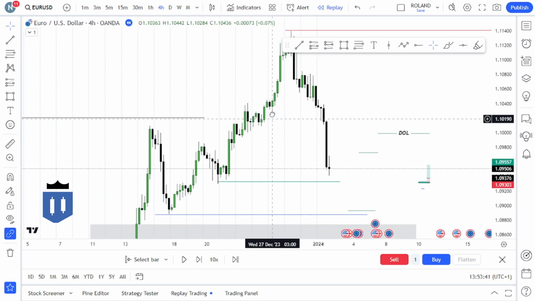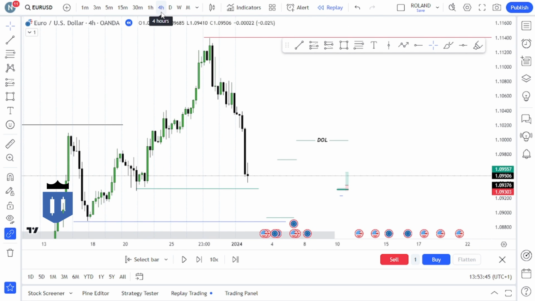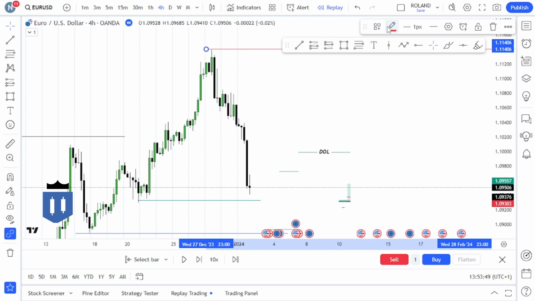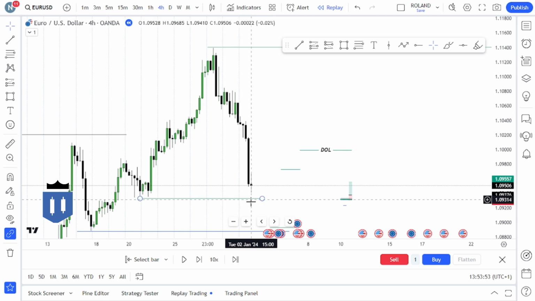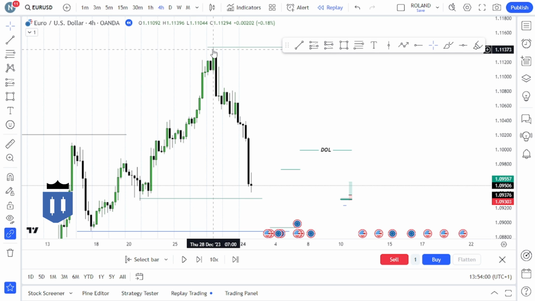So we have this clear example right here on EURUSD, 4-hour time frame. As you can see, we just made a 4-hour high here, and then we are retracing. We saw this big drop that happened here. Why did it happen? Now, when this high became an established 4-hour high, which is causing a 15 minutes chop